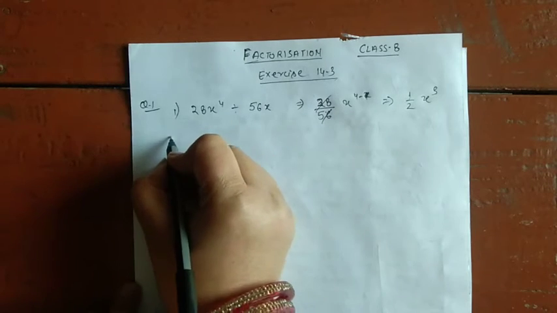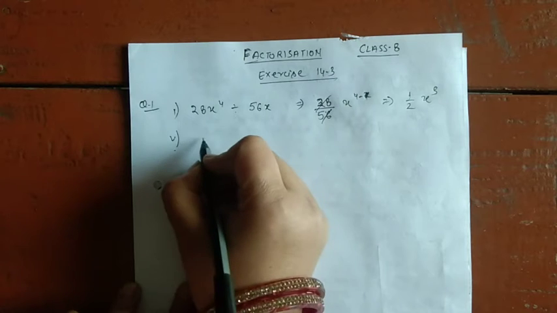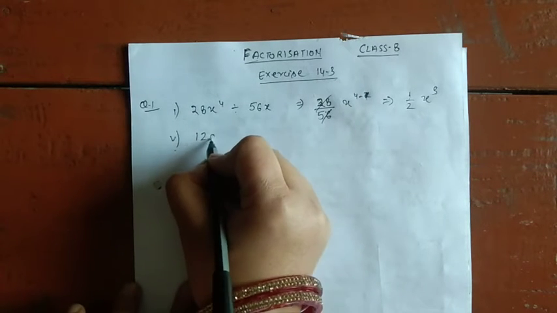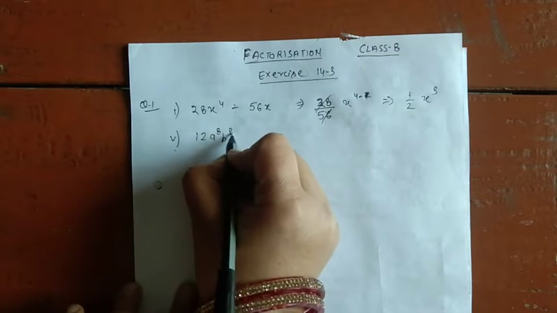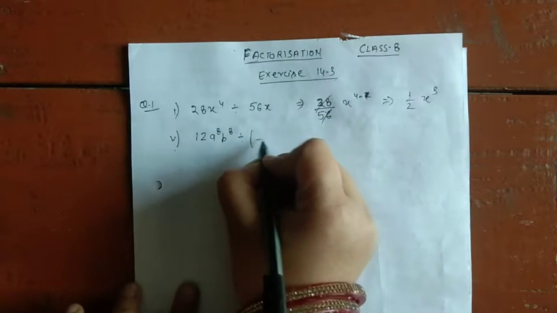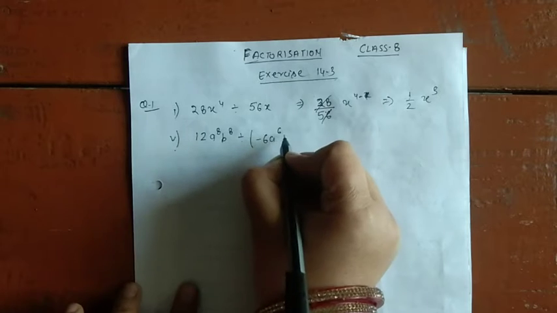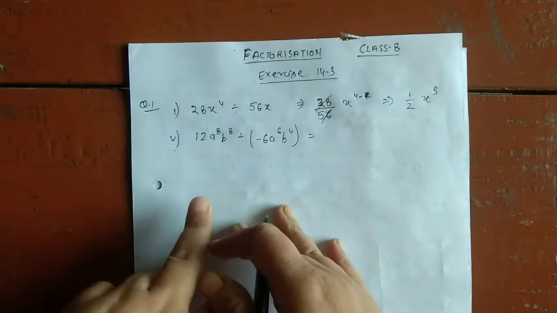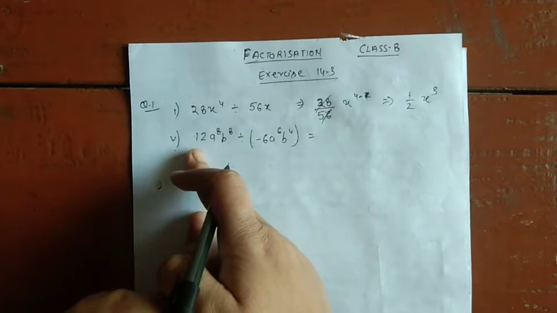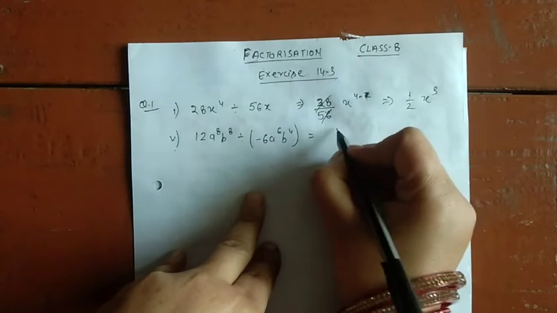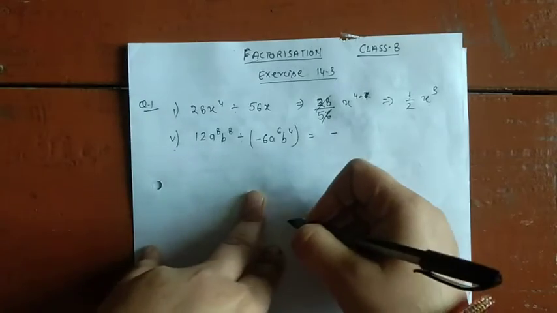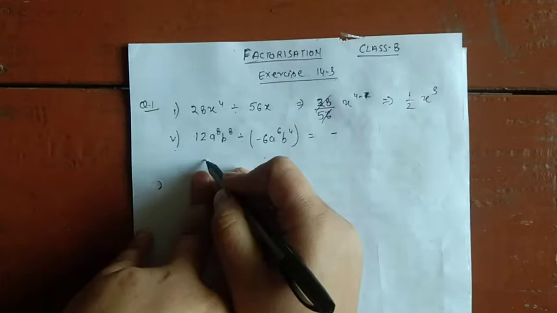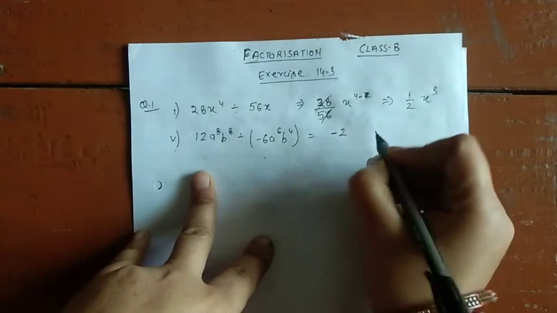Simply, you can solve it by whichever method you find easier. Let us discuss one more part. All the parts are quite easy, but we are discussing only one more part from this question. It is 12a to the power 8 b to the power 8, and it needs to be divided by minus 6a to the power 6 b to the power 4. Just have a look, directly also you can solve this question. Here it is the positive sign and here I am having the negative sign, so plus divided by minus will be minus. 12 is divisible by 6, and when we divide 12 by 6 we get 2.